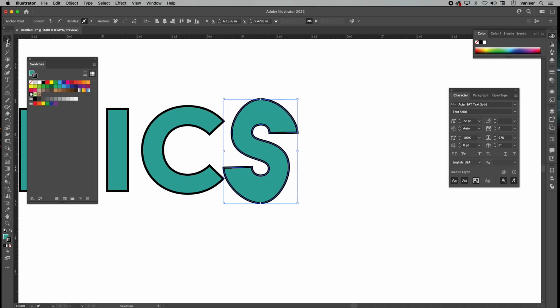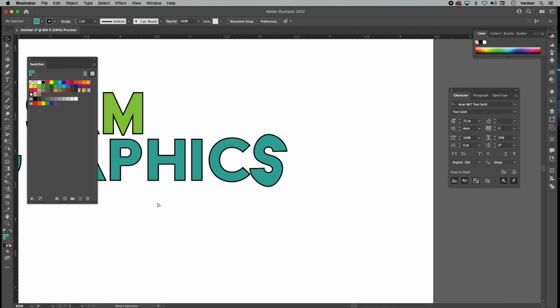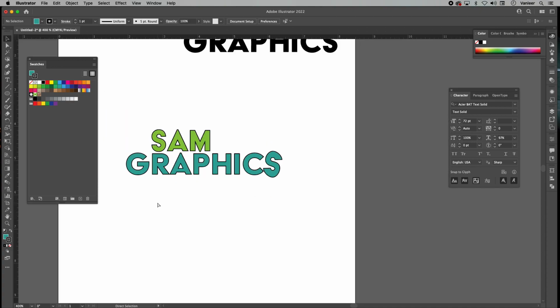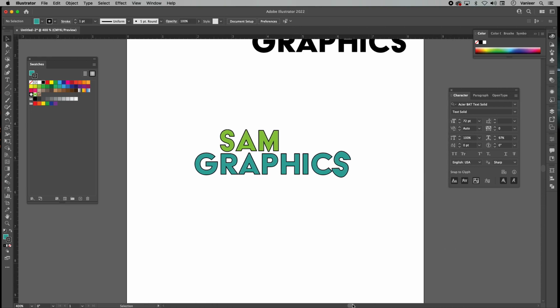So you technically could take a font and make it your own. I'm going to reduce the screen a little bit, and if you can see, I played with the S. Even if I go on my type tool, I can't click there,